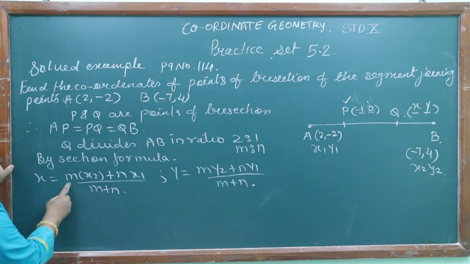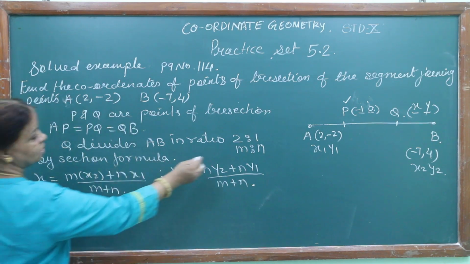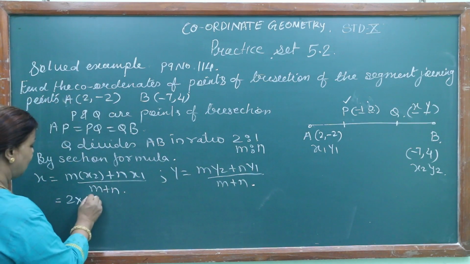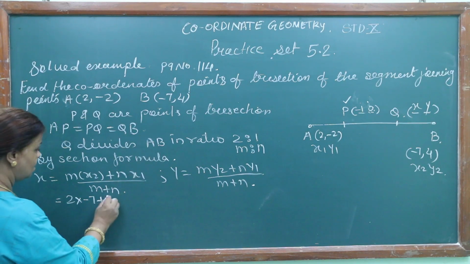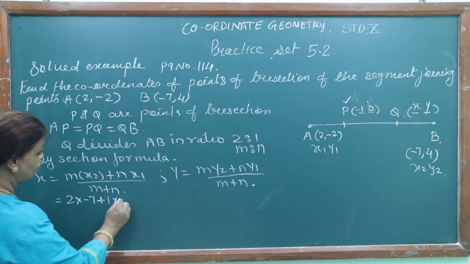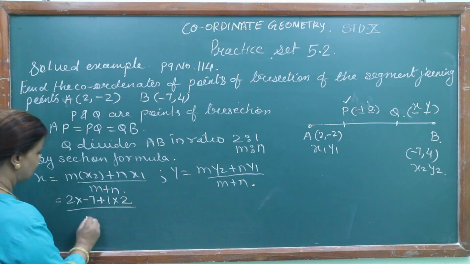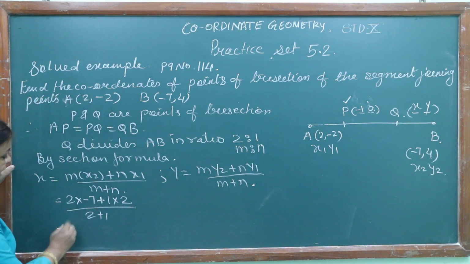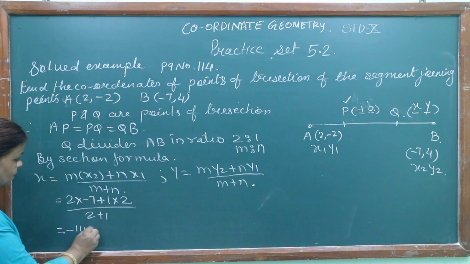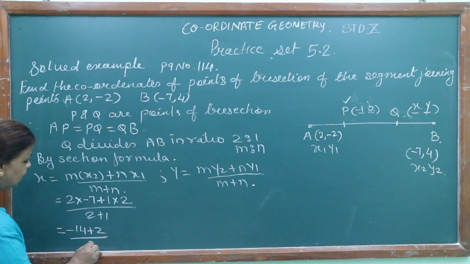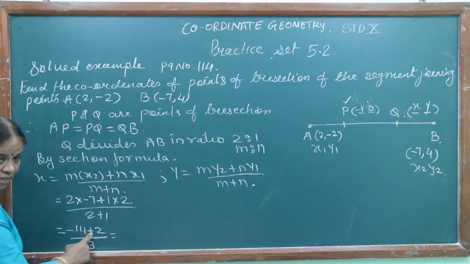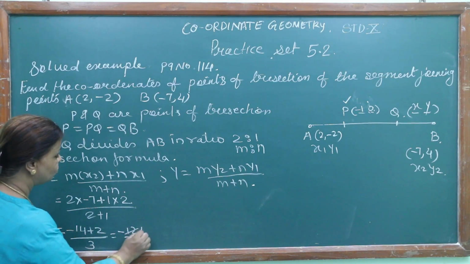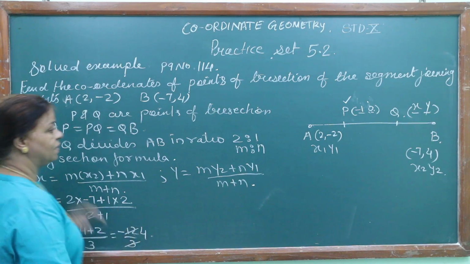So place the values, children. m is 2 into x2, x2 is -7, plus n is 1 into x1, x1 is 2, upon 2 plus 1, because m is 2, n is 1. So we get -14 plus 2 upon 3. Minus and plus, it will be subtraction, which will be -12 upon 3. 3 4s are 12. So the x coordinate we got here is -4